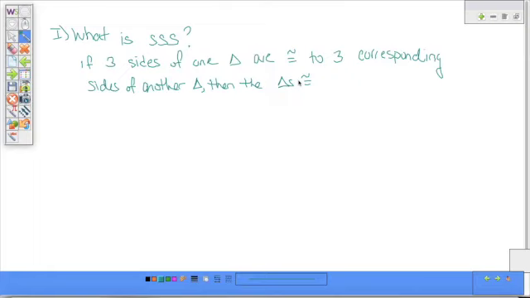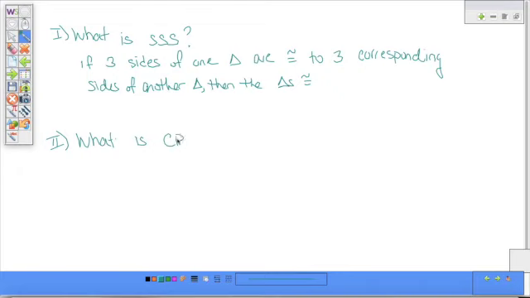So if we have three sides of one triangle and they're congruent to the three corresponding sides of another triangle, that's enough to say these triangles are identical. Even though I know nothing about the angles, this is our first shortcut. And we call it side, side, side because we know the three sides. And after we use side, side, side today,